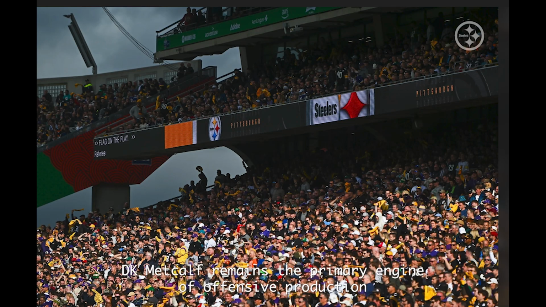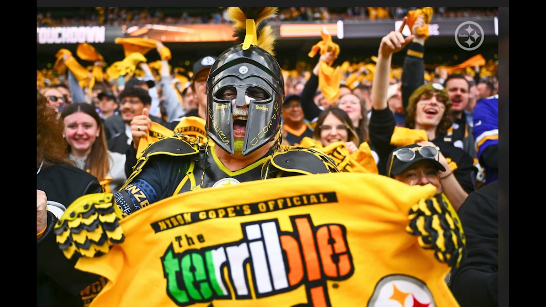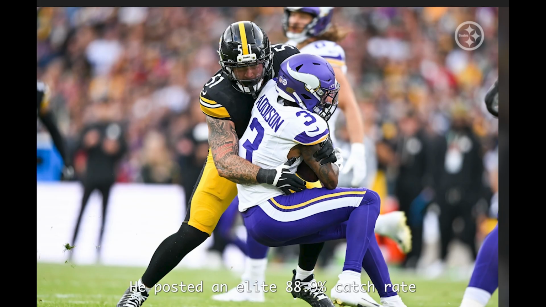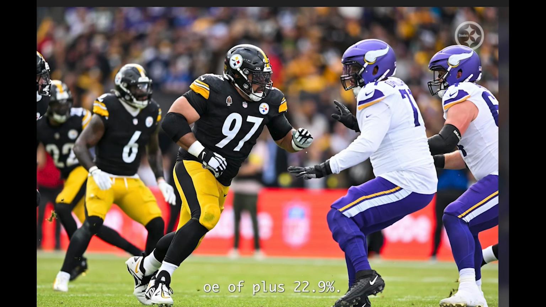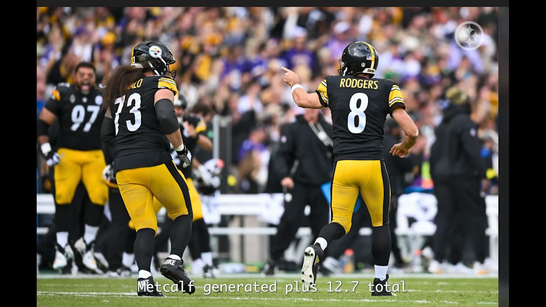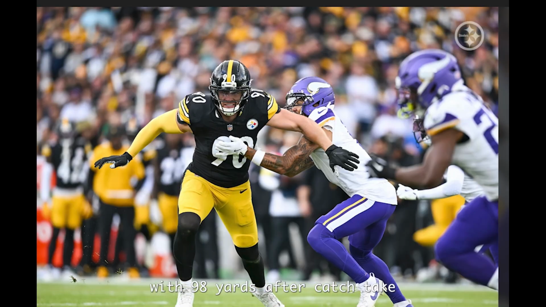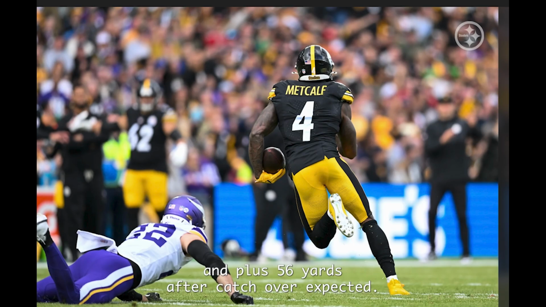DK Metcalf remains the primary engine of offensive production versus cushion coverage. On 43 routes and 9 targets, 20.9% target share, he posted an elite 88.9% catch rate and a completion rate over expected, CROE, of plus 22.9%. Metcalf generated plus 12.7 total expected points added, EPA, averaging plus 1.41 per target, with 98 yards after catch, YAC, and plus 56 yards after catch over expected,